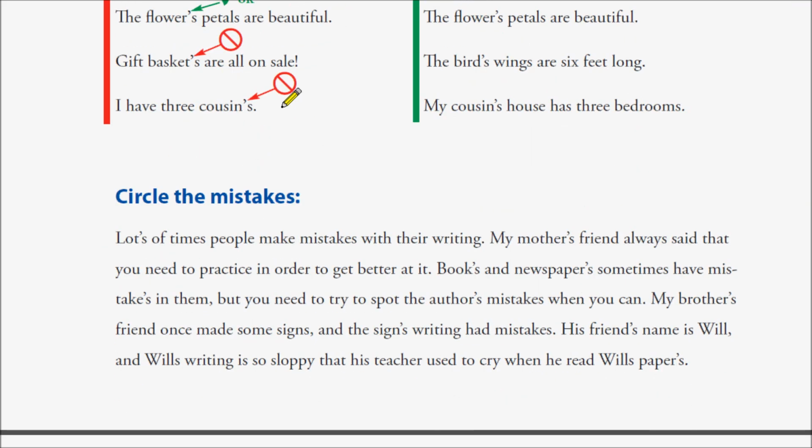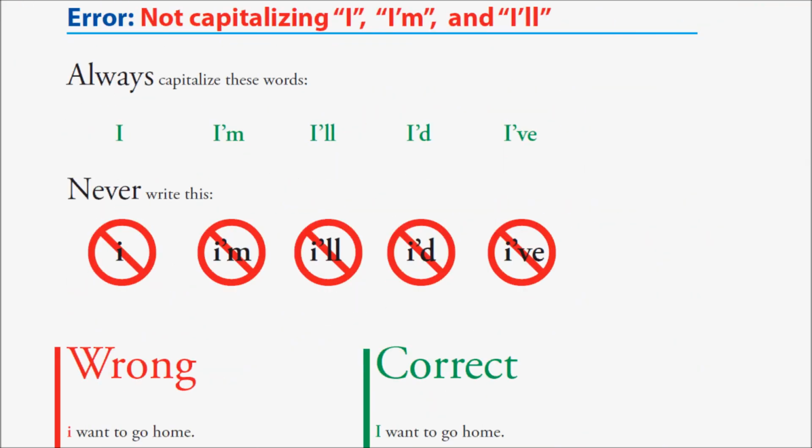All right? So take a look at this, make sure you get it right, and then what you're going to do is you're going to circle the mistakes. There are mistakes with apostrophes, and there's 2 different kinds of mistakes in this paragraph. The one is that there's apostrophes when they do not need to be, and then there are no apostrophes when there should be. And some of the apostrophes that are there are correct. So you have to go through this like an English teacher and circle all of the mistakes. Circle when there is an apostrophe where there should not be, and circle when there is no apostrophe where there should be.